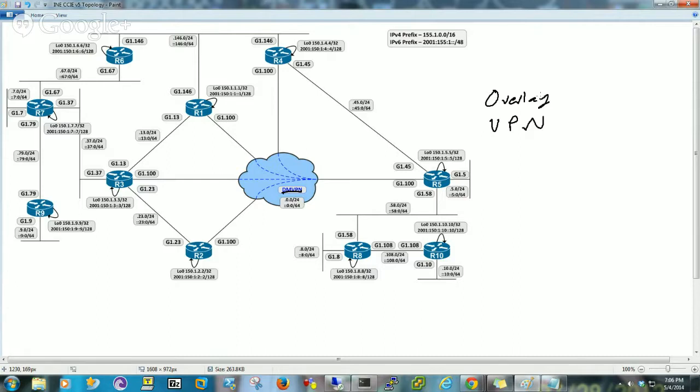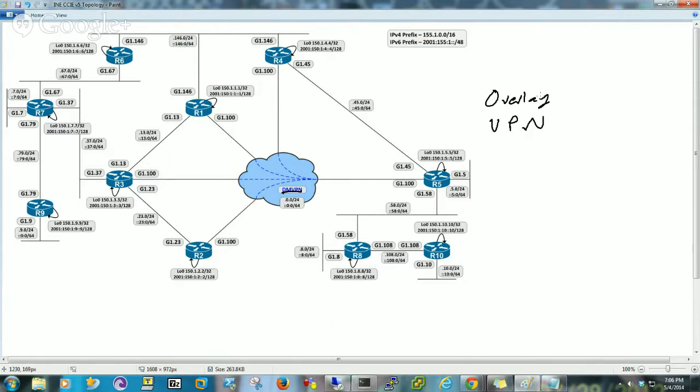What's another one that's out there? Point-to-point. I've only used that once, but those are different types of remote access VPNs. Those are the secure VPNs, meaning you're going to be able to send data from your local network to a remote site or to a remote teleworker, say a salesperson or somebody that's working from home, securely. And the data is going to be encrypted. There's definitely a bunch of different ways of doing that, but that's not what we're going to talk